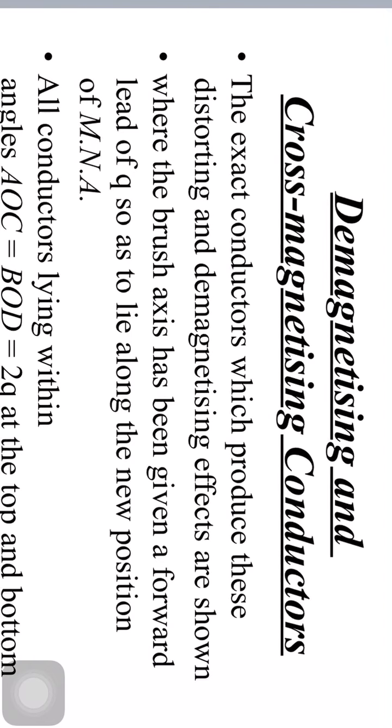Today, in this class, we'll learn demagnetizing and cross magnetizing conductors. Before going to that, we will once again repeat what is armature reaction and methods to reduce the armature reaction. Generally, in a DC generator, the purpose of the field winding is to produce the magnetic field called the main flux,